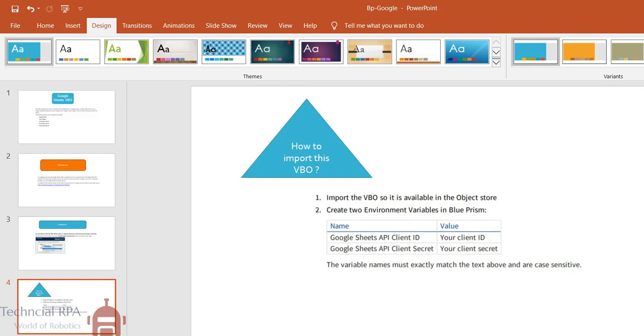But before you access it, you should have three items. If it is a private website, for example, where your client creates some orders, then in that case you need the client ID, client secret, and the tokens your client has given.